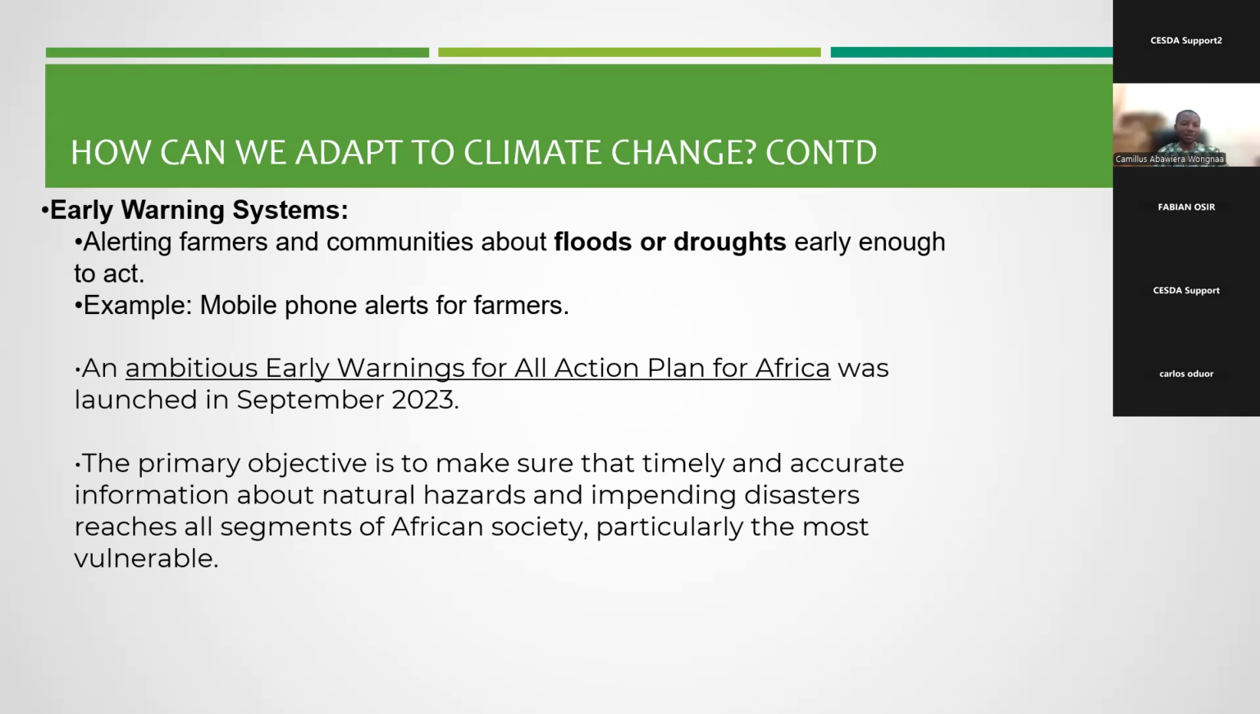That is very, very important. Let me indicate that an ambitious Early Warnings for All African plan for Africa was launched in September 2023. The primary objective is to make sure that timely and accurate information about natural hazards and impending disasters reaches all segments of African society, particularly the most vulnerable. So the African Union and then other regional bodies realize that